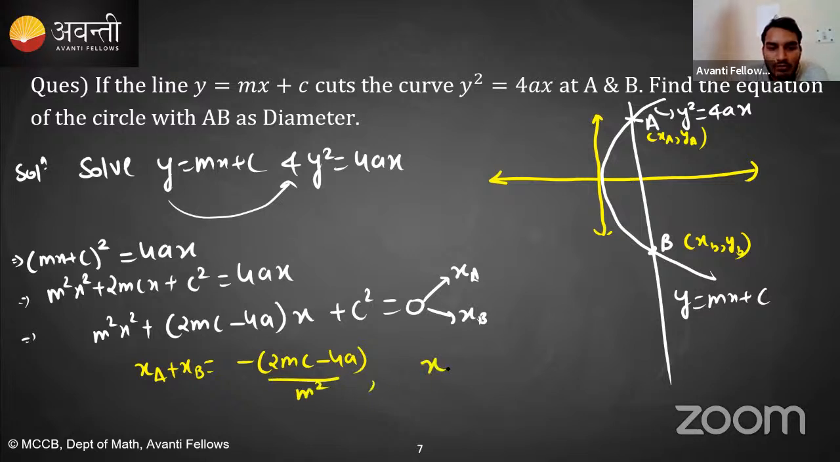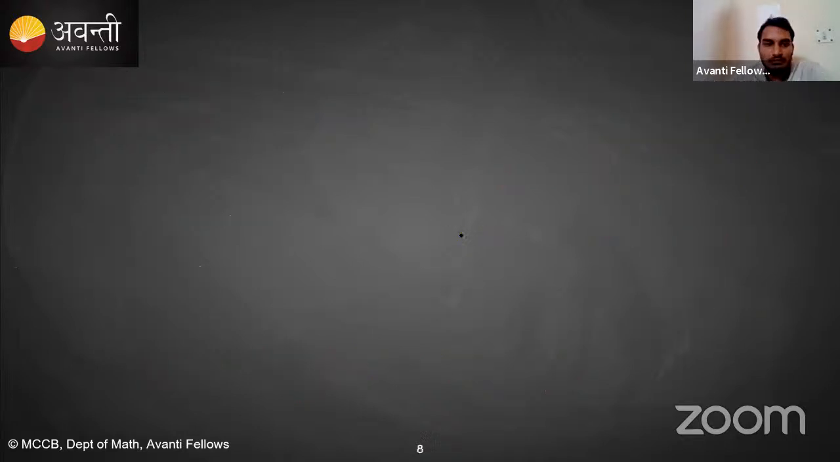And what is the product of roots? xa into xb, c by a, right? Constant term, which is c square upon m square. Clear? Clear? Now,